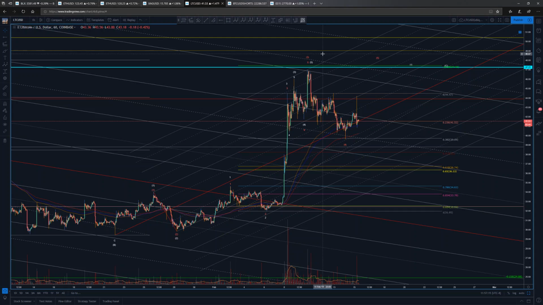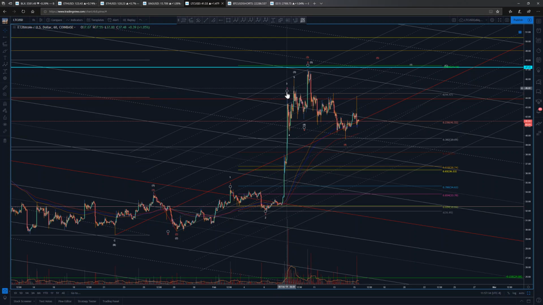This count works. They're both equally as valid. It's a tough one to call because this is also choppy and a lot of sideways movement. So we also have this red one where it's the same 1, 2, 1, 2, but we get our third